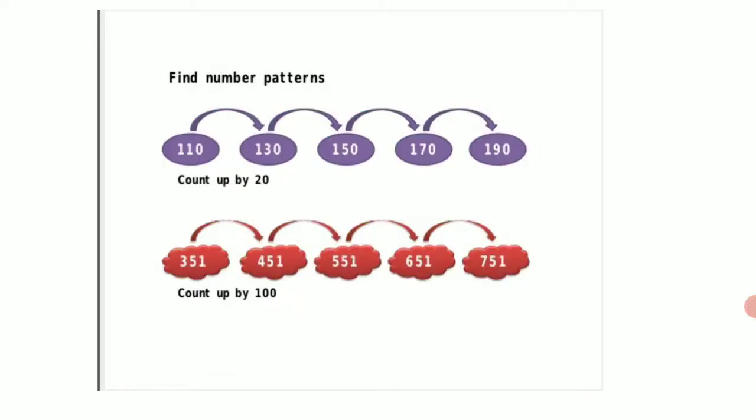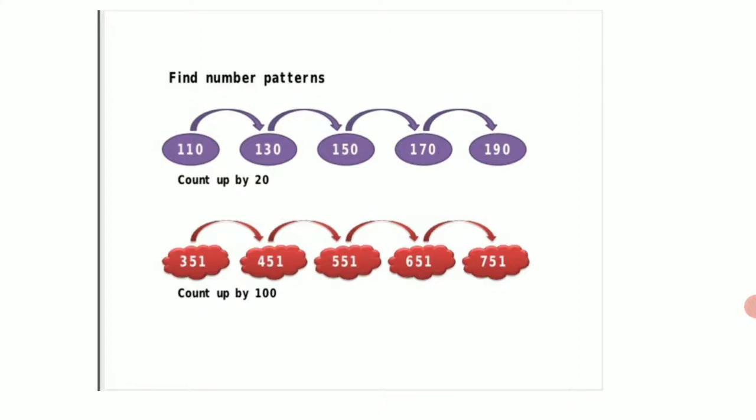Then we are coming to one more example where we are counting by 20. Sorry, it is skip counting by 20 more children here. We are counting up by 20. Up means adding, down means subtracting. Okay, so 110 plus 20 becomes 130. Then skip counting by 20 more. It is 130 plus 20, 150. Then again skip counting by 20 more. 150 plus 20, 170. Then again skip counting by 20 more. 170 plus 20 is 190.